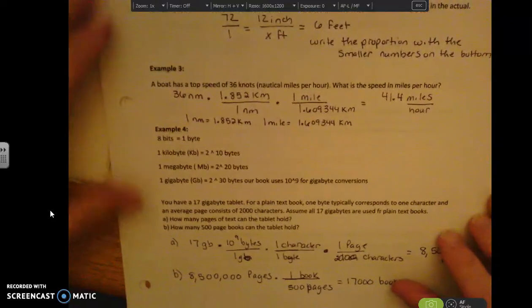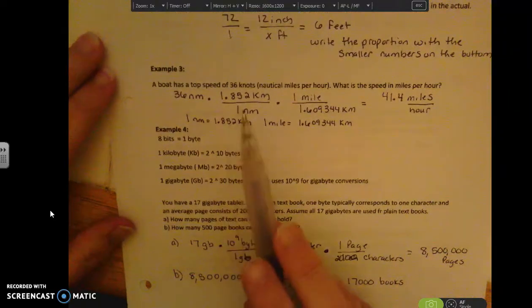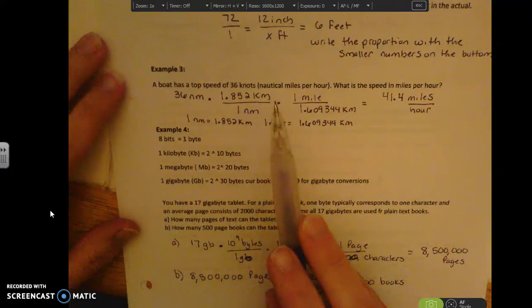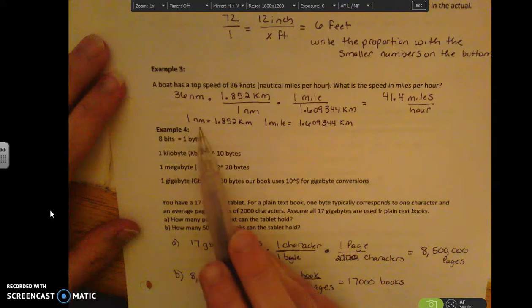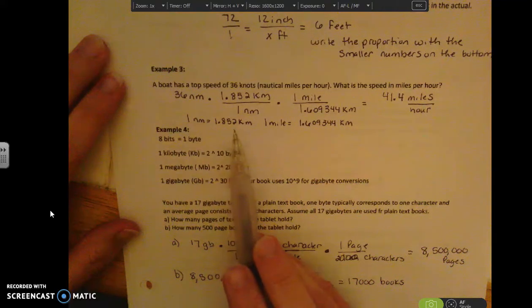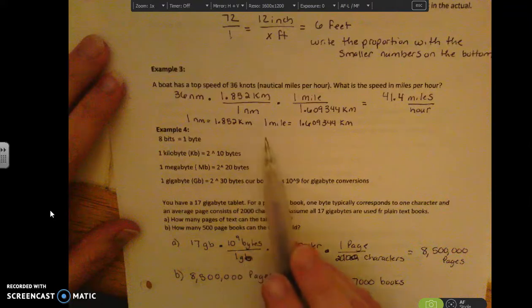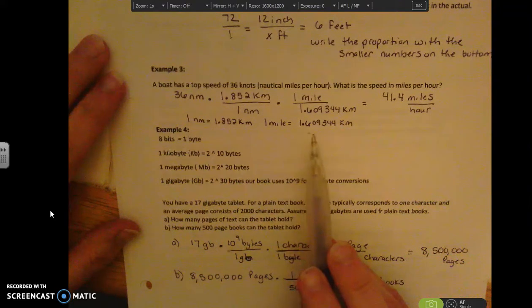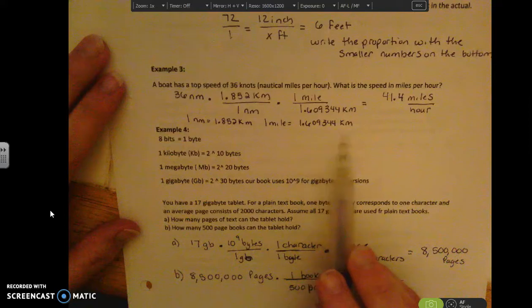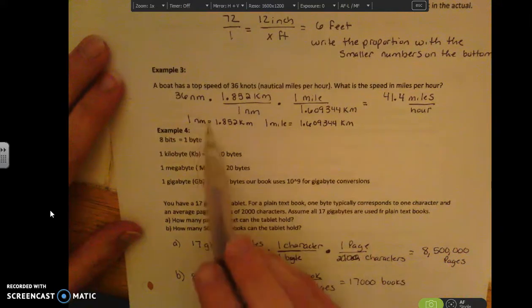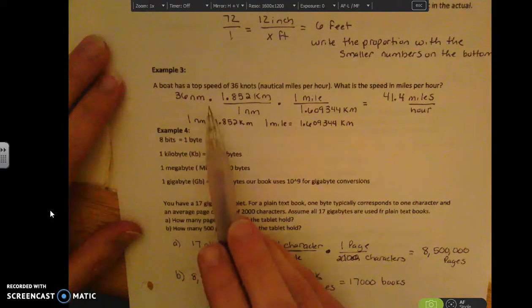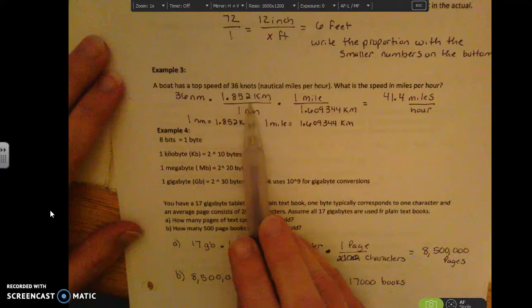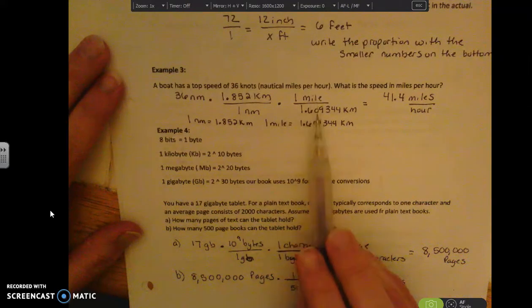So another example. A boat has a top speed of 36 knots, which is nautical miles per hour. So looking up some conversions, 1 nautical mile equals 1.852 kilometers, and 1 mile equals 1.609344 kilometers. So if we set up our fractions, we've got 36 nautical miles times 1.852 kilometers per 1 nautical mile times 1 mile per